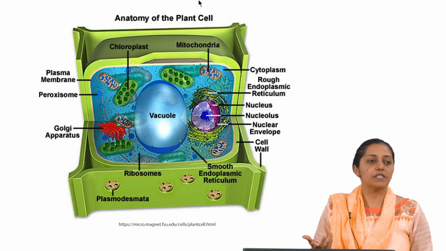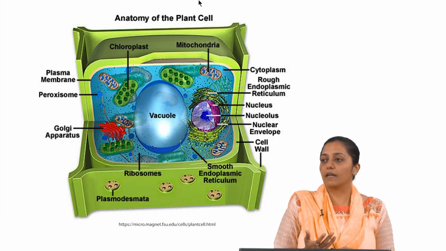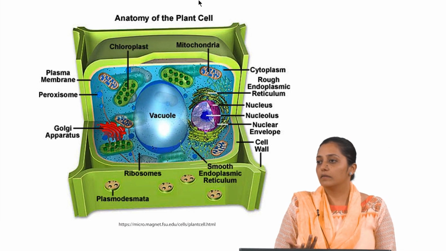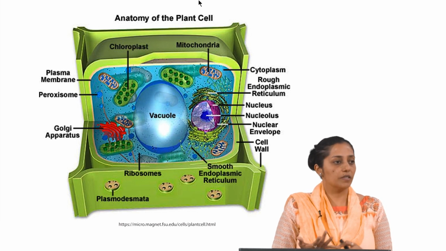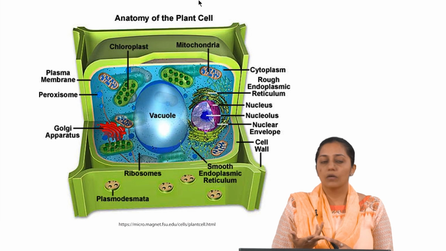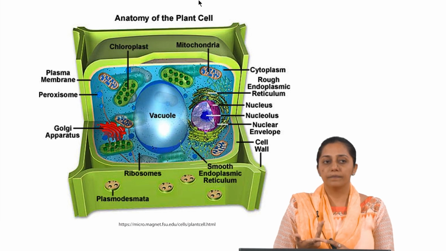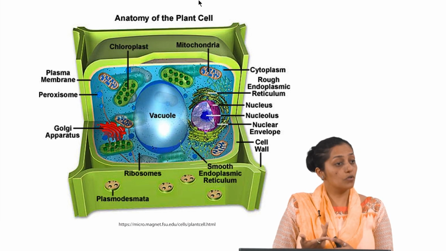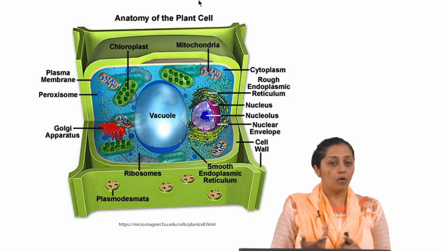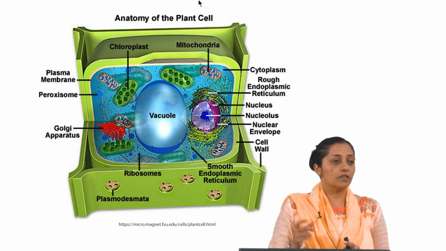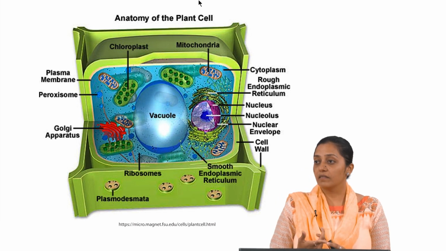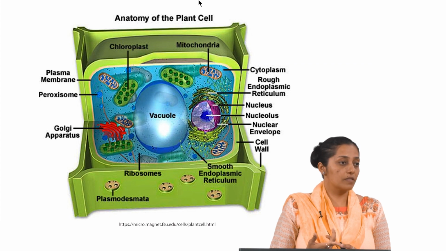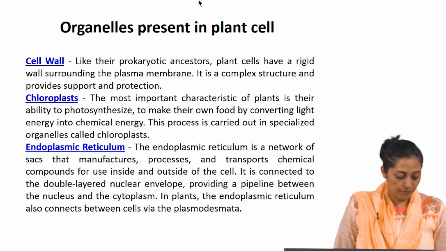So starting with the plant organelles. This you must have already seen. So what are the different kinds of organelles we find in different eukaryotic organisms? The major organelles are mitochondria, then plastids, endoplasmic reticulum, Golgi apparatus, then nucleus, ribosomes, then in plant cells peroxisomes are also there. There are many microbodies, then vesicles are there, and in plants you find vacuoles. So what are the different functions of these?